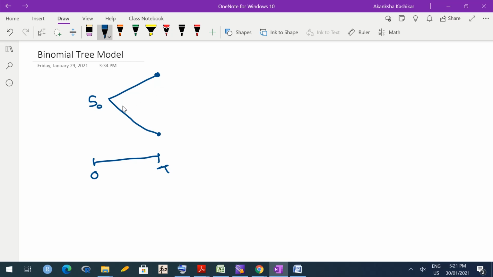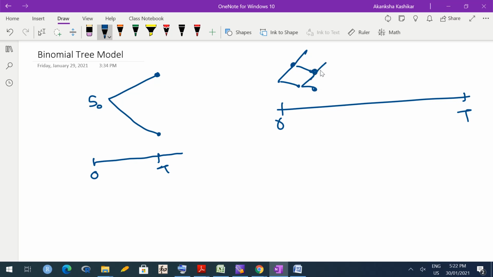Because we are taking only two possibilities and it generates a tree-like structure, this is known as the binomial tree model. In fact, we can extend this. It seems pretty restrictive to have just two possible prices. So what we can do is divide this 0 to T period into multiple smaller intervals, and consider that at every time point there are two possibilities. So something like this, then this, so it grows like a tree.